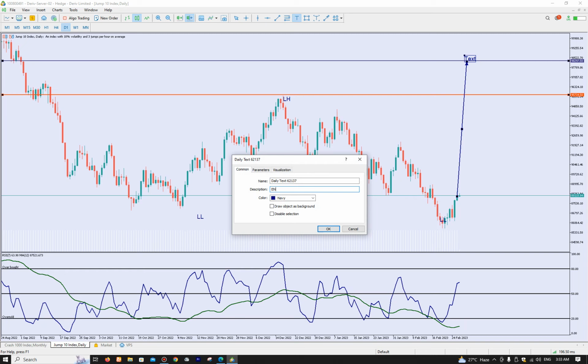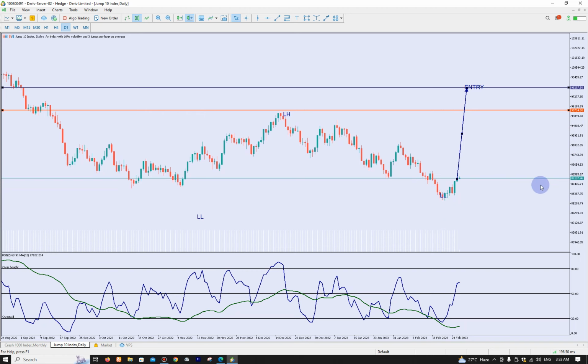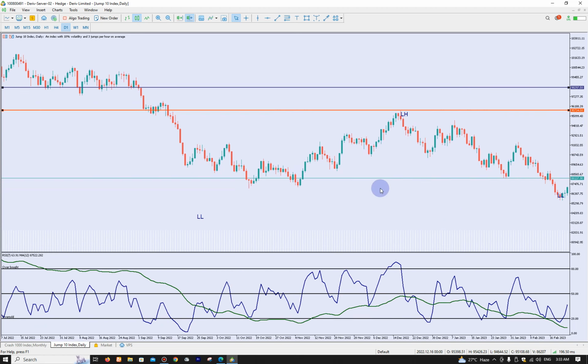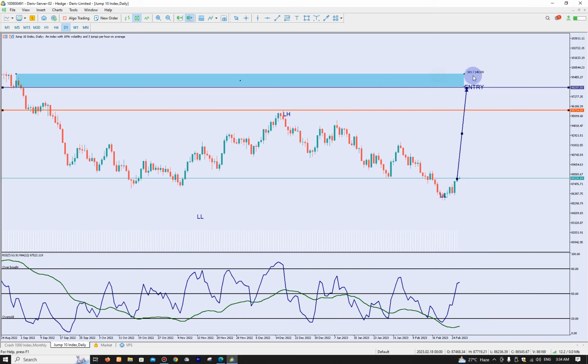This is my entry. You can actually see this is my entry zone, and my stop loss will be above this zone. My stop loss will be like 10 pips above this candle, 20 pips,